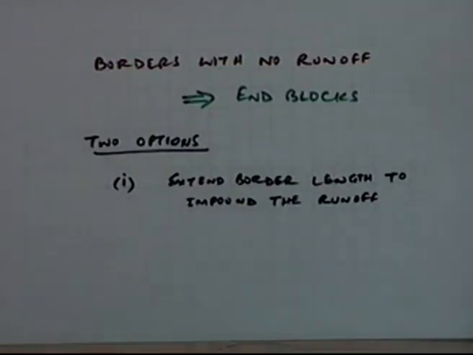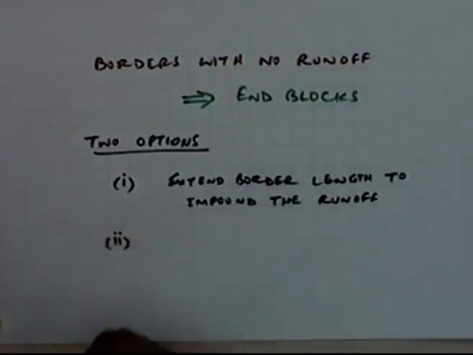So all that surface runoff which was taking place earlier, if you find out how much length of the border has to be extended to accommodate that additional runoff, you can afford to extend your border length and consume this surface runoff in that extended border length. That's one way of